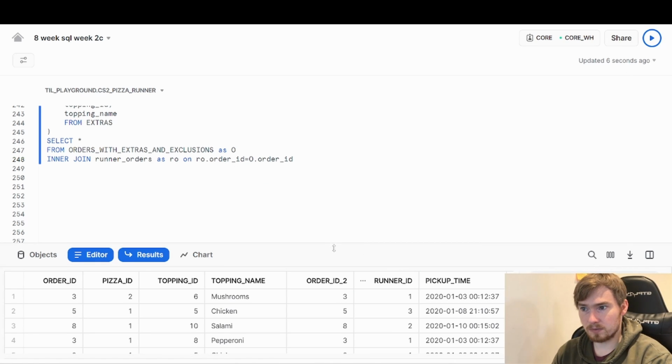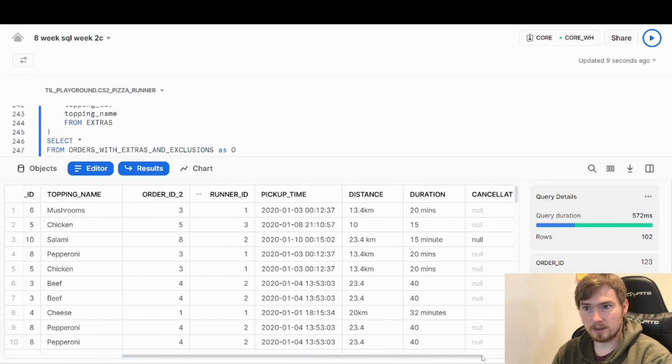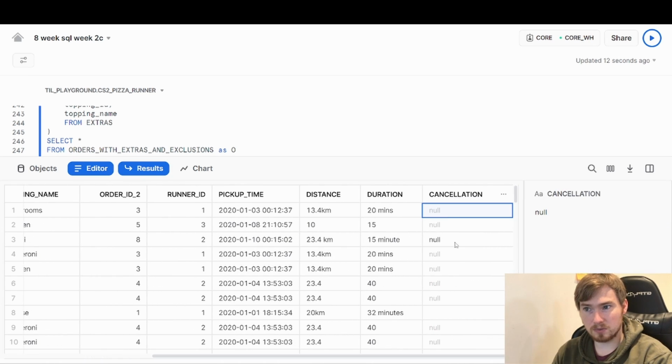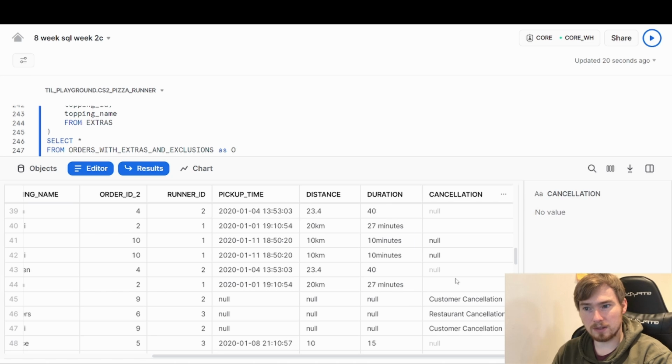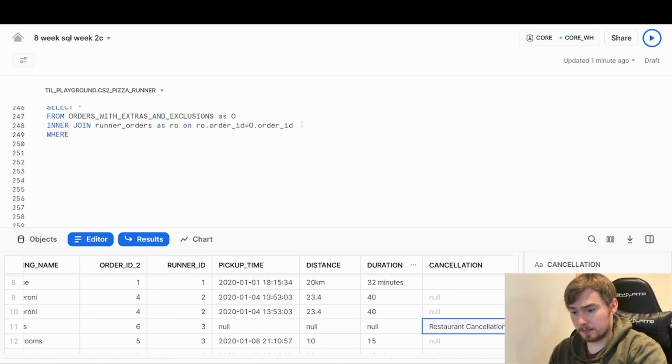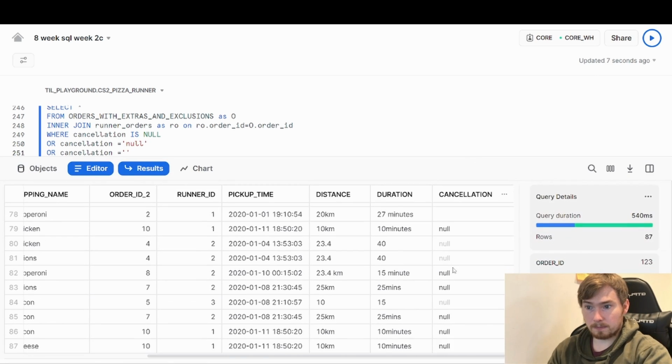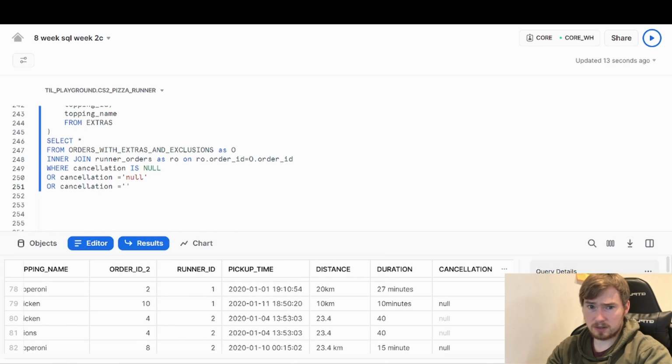Okay, so if I run this, I've got extra data coming back here. Also see this one that was cancelled. So we know that any order that wasn't cancelled was delivered in this case. So we need to get rid of any of these nulls here. Okay, so I've got this. I've got it filtered for those that are cancelled. So saying if it's null, spelled out as null, just an empty string. We want those all included. Those are okay. So now I just got to go and find